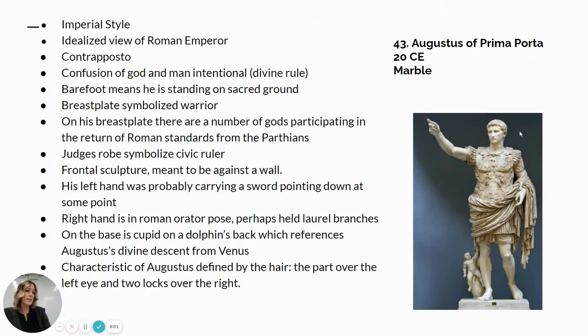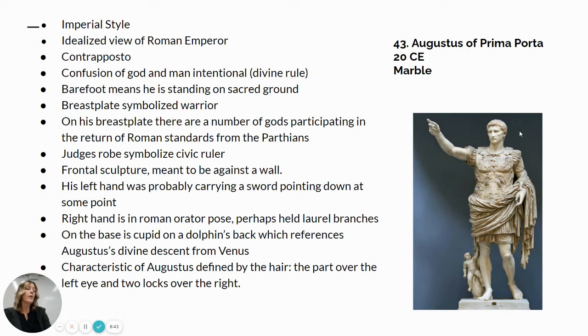Also, in regards to his clothing, we talked about the breastplate. The breastplate itself is a symbol that we're also looking at a warrior. So we're looking at a leader of an army who was very successful. And we have a lot of merging of roles within this one sculpture. Again, an emperor, a civic leader, and then a leader of the army, a warrior per se. So a lot of the different hats that Augustus was known for wearing are all wrapped up symbolically into